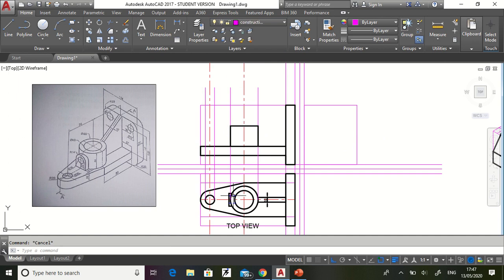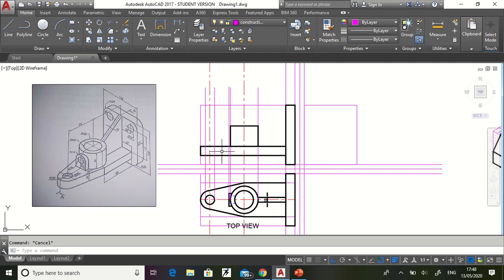Now this projection we will take. So this line you have to copy from this point to this point. And this is ahead at a distance of 6 from here, and then the height of this is 22.